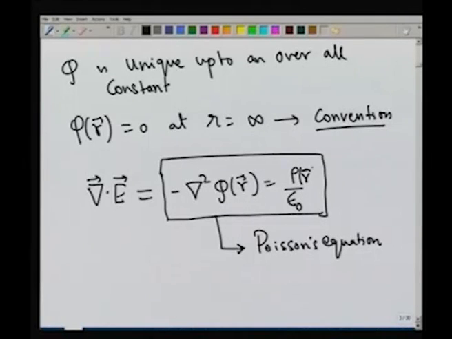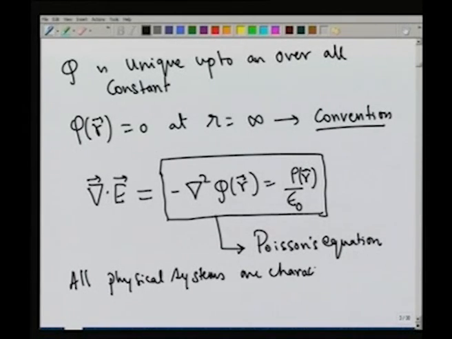Now, of course, if you stare at this particular equation, let me introduce this R here. We know that all physical systems are characterized by rho which are localized. So, let me make that statement. All physical systems are characterized by localized, that is the most important thing, rho of R, localized distributions. Now, I have to explain to you what I mean by localized distributions, and the answer is very clear.